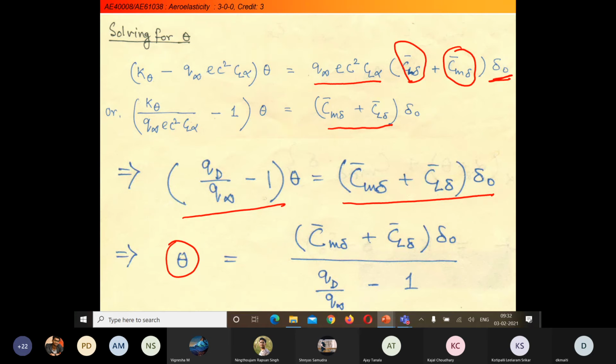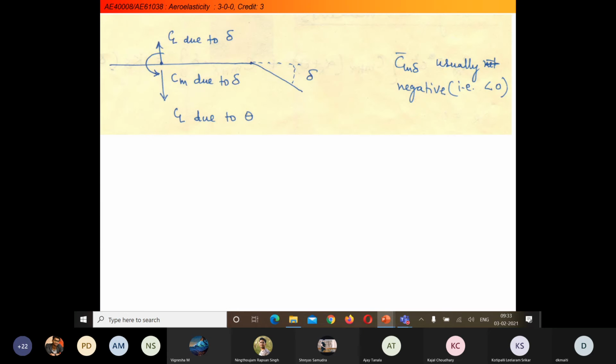Simplifying this equation, theta is equal to Cm delta bar plus Cl delta bar into delta naught, divided by QD by Q infinity minus 1. So finally, whatever we have expressed is in non-dimensional terms. Theta can be calculated. Now with the theta value, what we have taken, CL delta due to delta